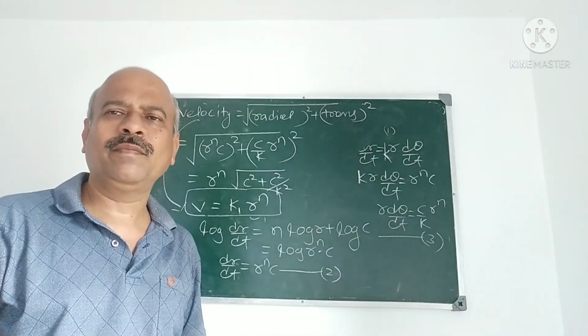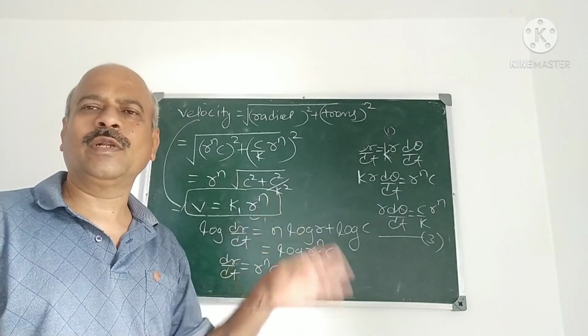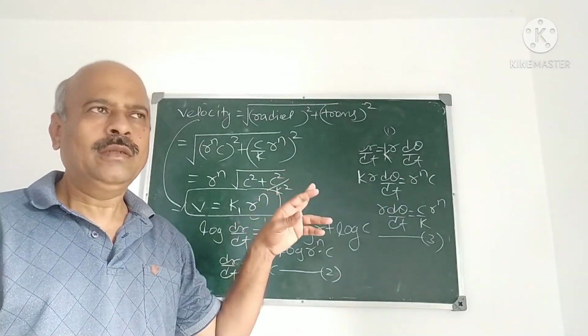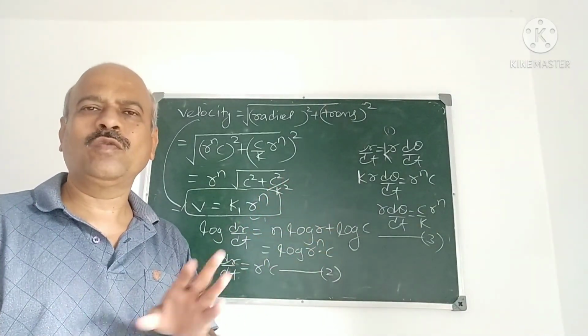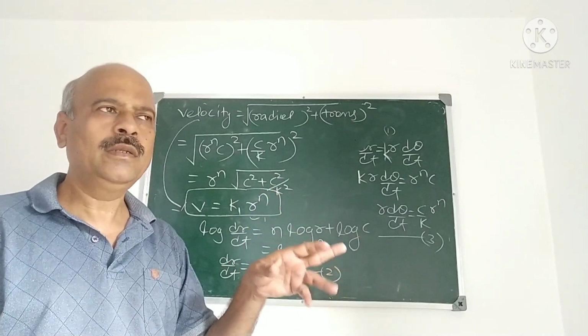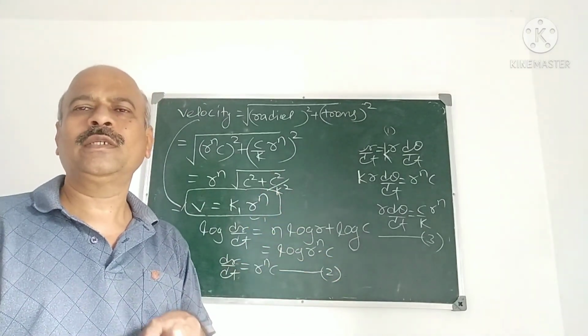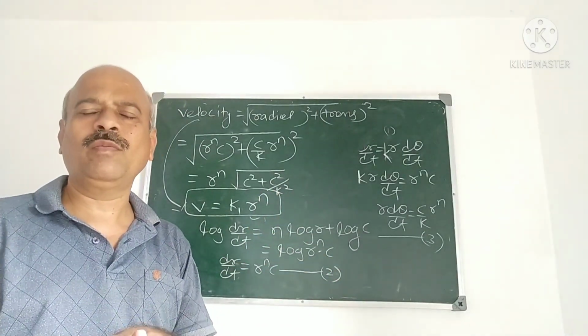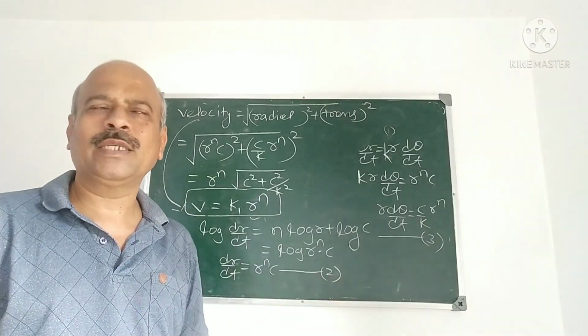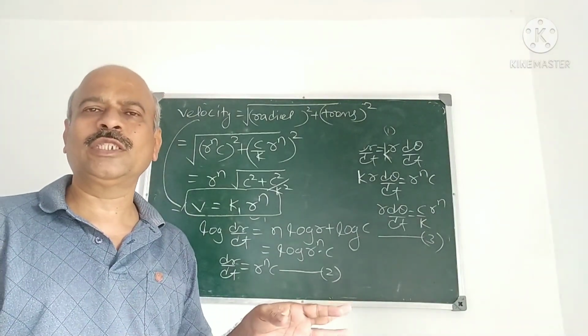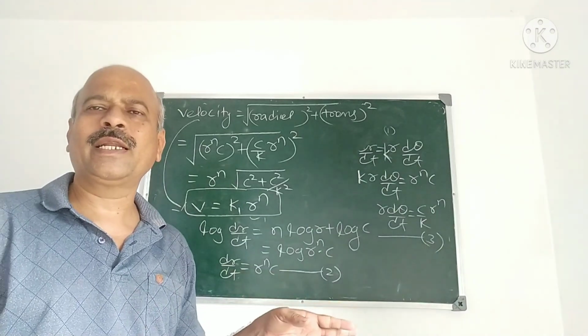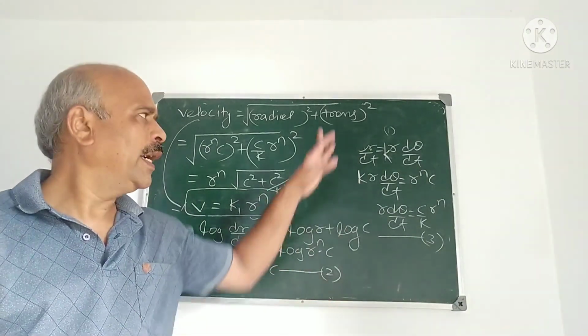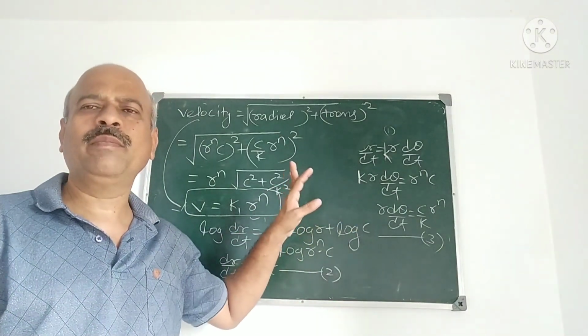What is the first derivation? Radial and transverse velocities and accelerations. Radial and transverse velocities, one question, derivation. Radial and transverse acceleration, one question, derivation for 5 marks, and definitions may be asked. Define radial and transverse velocities or define radial and transverse accelerations, and one or two problems may be asked from this.